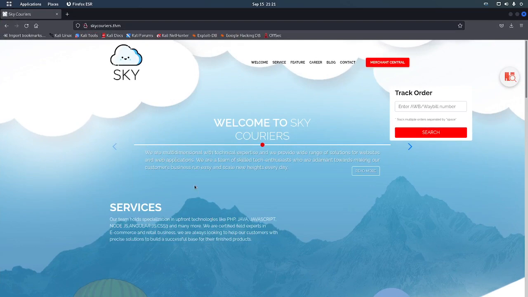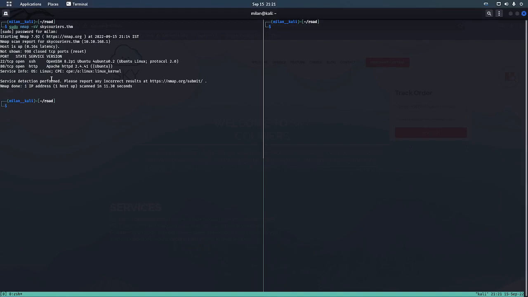So let's get started. The first thing you would do is an nmap scan, and I've already done that. The information I see is that we have OpenSSH 8.2 Ubuntu, and we have Apache HTTPD 2.4.41. Next thing I would do is run GoBuster or Dirbuster, your pick,